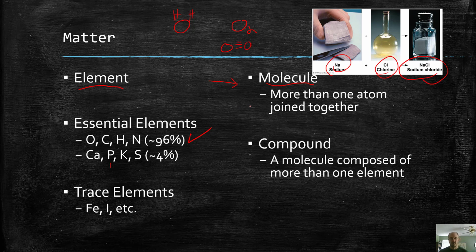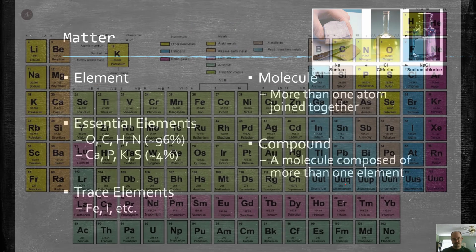That's also a molecule. So this molecule here, let me draw a circle around these two. So we have molecular oxygen, or O2 here. You can also have something like this, which is water, H2O, and it's a molecule and it's a compound. A compound is a molecule composed of more than one element. Okay? So these are the basic building blocks of matter, the stuff that makes us.